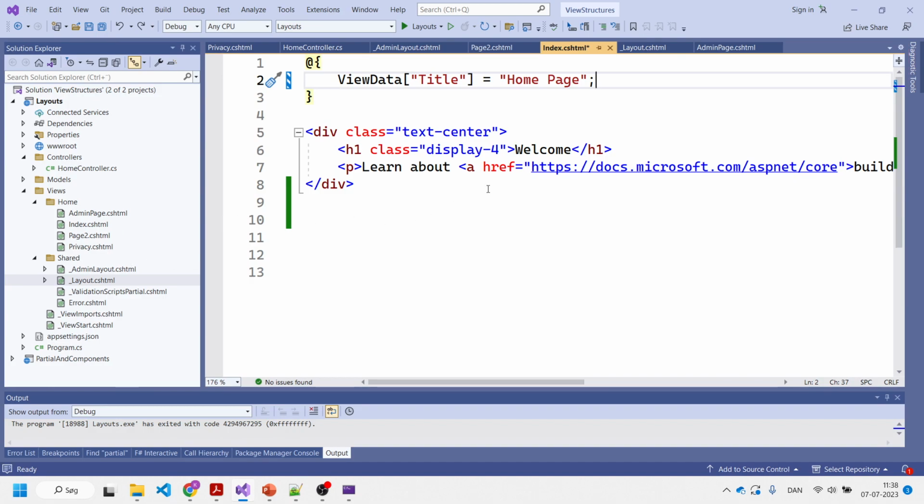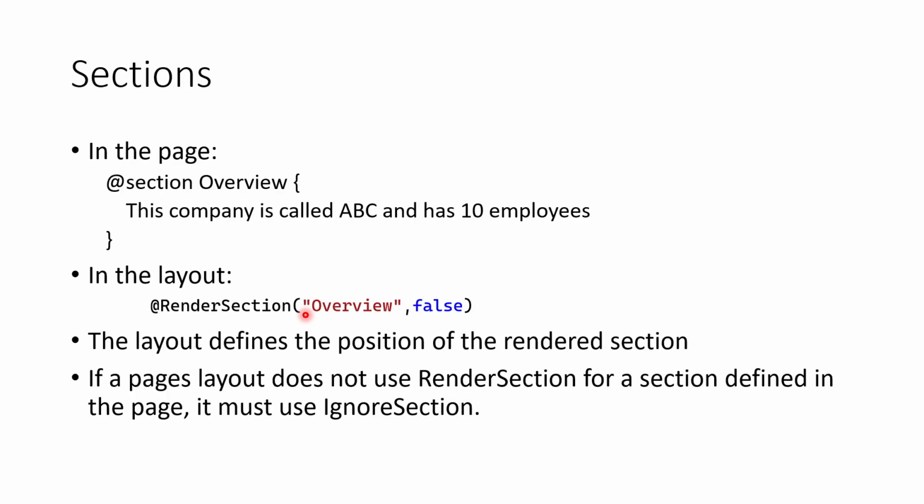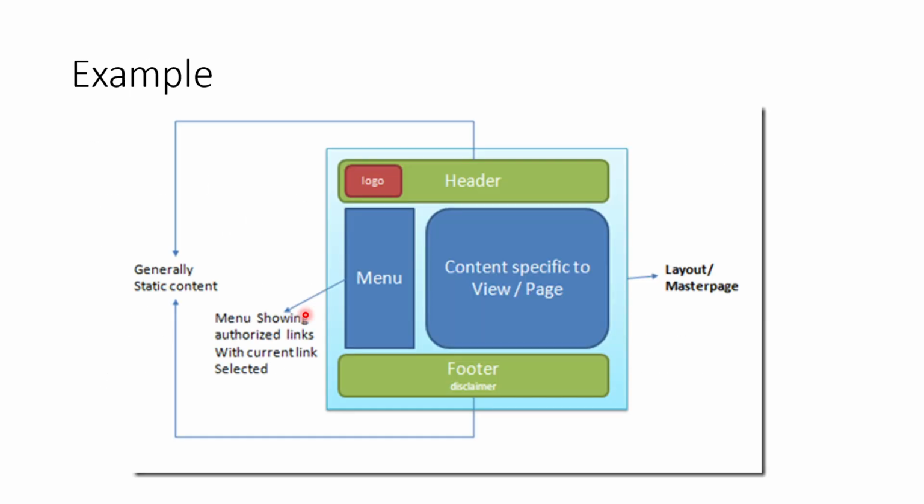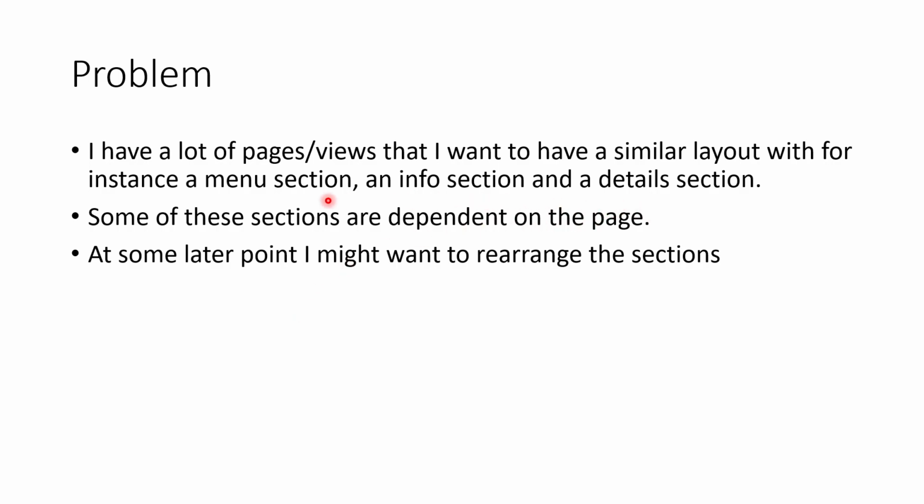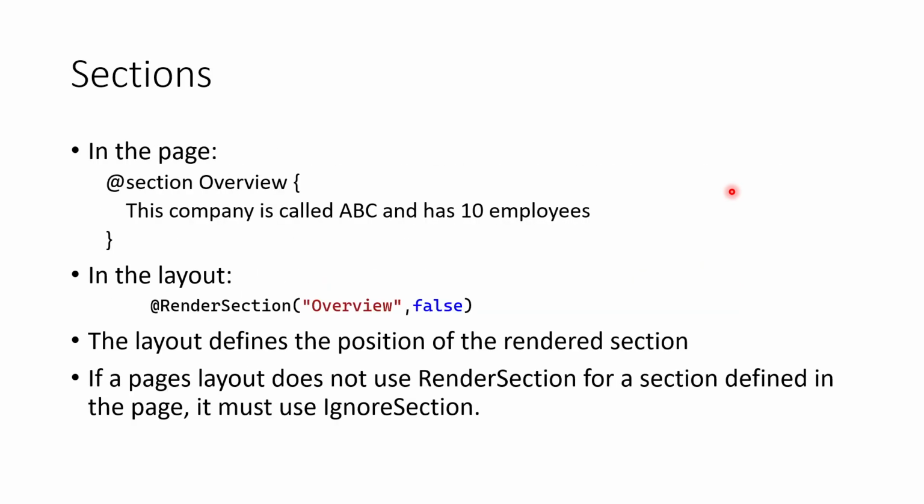Okay, so let's go back to our recipe here. So the default layout is in _Layout.cshtml. We'll get back later to how we can create our own layout. And we can specify that the page does not want a layout at all. Okay, now we had the second problem, that some of the sections are dependent on the page. Now I could just let everything dependent on the page be generated in the body, but that would not really solve the problem of easily being able to